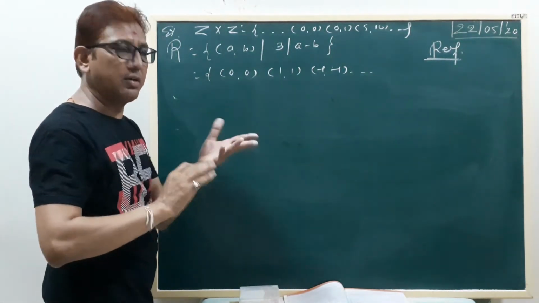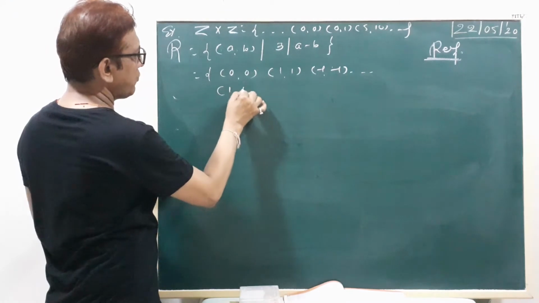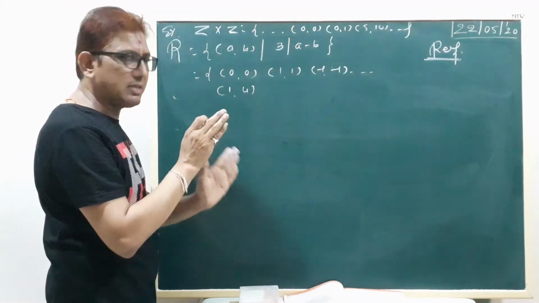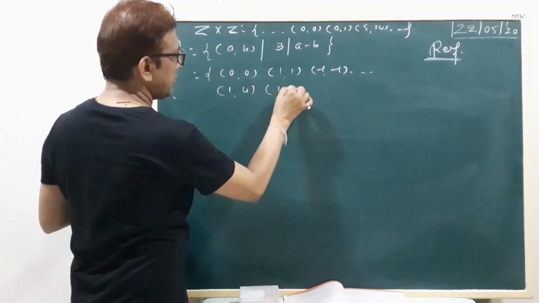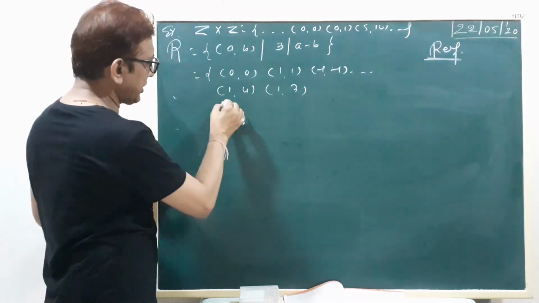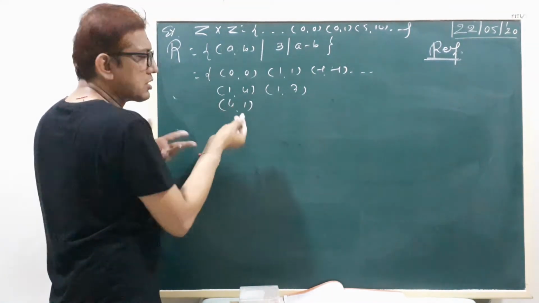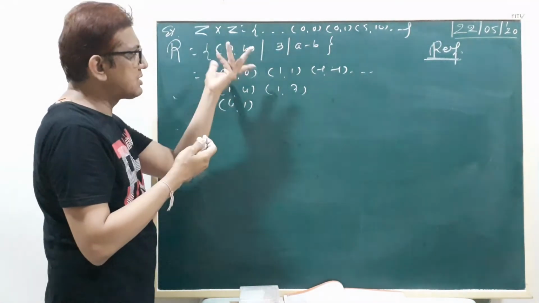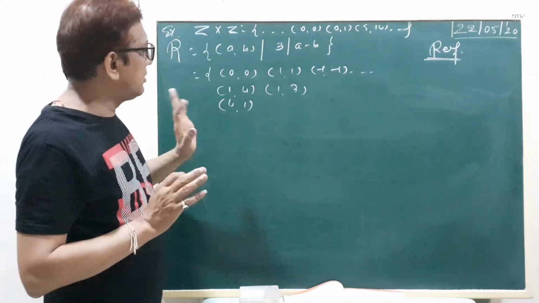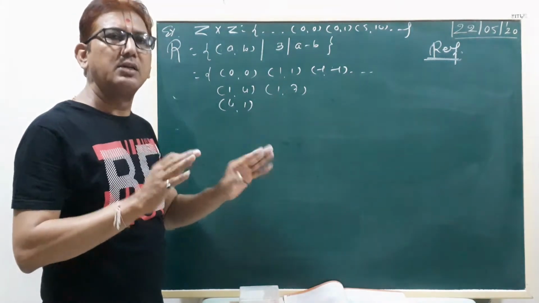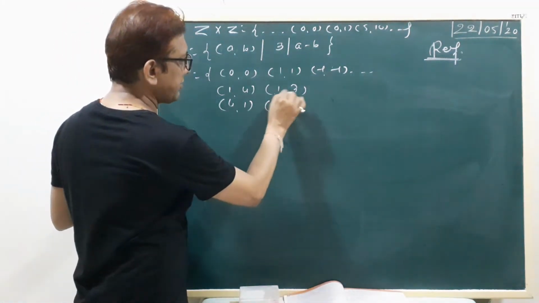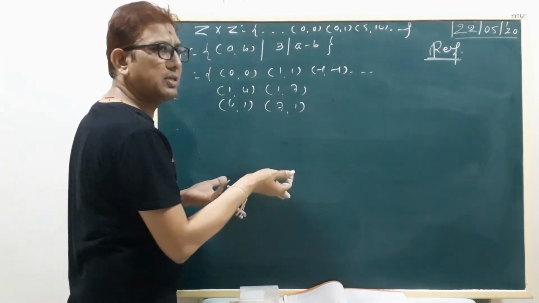Symmetric: change the order. Suppose we write here (1, 4), because 4 minus 1 is 3, divisible by 3. Suppose here (1, 7). 7 minus 1 is 6, divisible by 3. Okay. (1, 4) is possible, (4, 1) is also possible, because 4 minus 1 is 3. Right? Our concept is what? Divisible by 3. So 1 minus 4 is minus 3, which is not possible as a difference, but it is divisible by 3. Okay? (1, 7) is possible, (7, 1) is also possible.